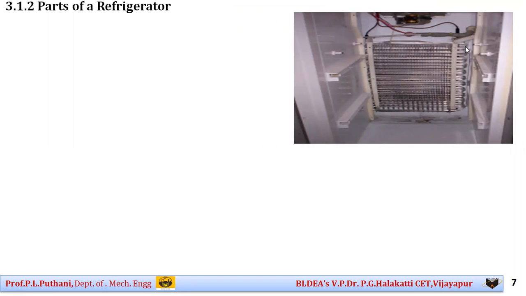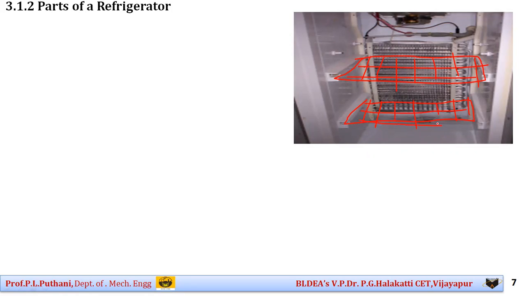If you have observed your refrigerator carefully at your home, I will give you the hint, students. This is the inside space of your refrigerator. Imagine this is the place where you are placing the tray, and on these trays you are placing some food materials or any other items. This is the place where we are keeping the trays, and on these trays we have some food materials, as I said. Even the vegetables we keep here itself.